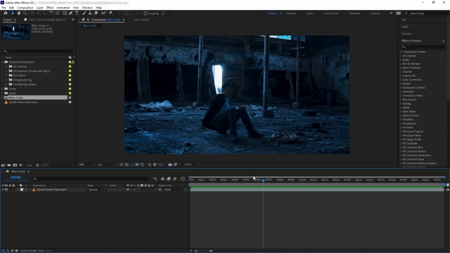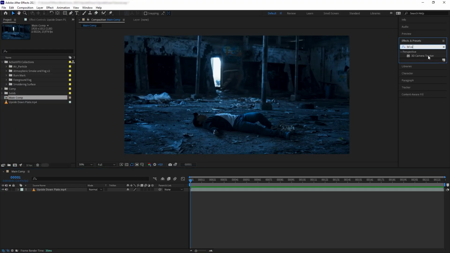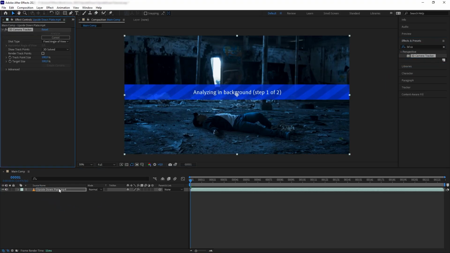So now I want to track my plate here and then add in our elements to the wall on the right. For this, you could do any kind of tracking, such as planar tracking or point tracking. But because I'm going to have a lot of elements that I want to comp on the wall and also the atmosphere, and I don't want to retrack everything every time I add a new element, I will use 3D tracking to essentially get the whole scene tracked in 3D space. That way, I have one moving camera, and if I want to add elements, I can just drop them into the scene. So let's get the 3D camera tracker and let it track.